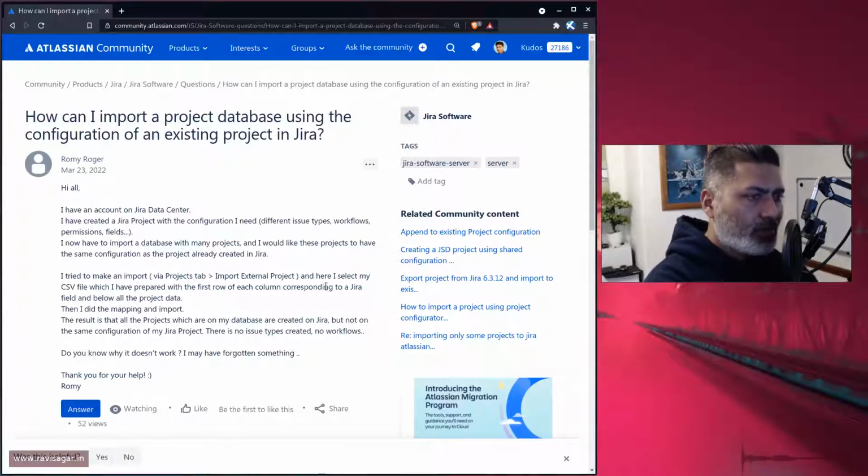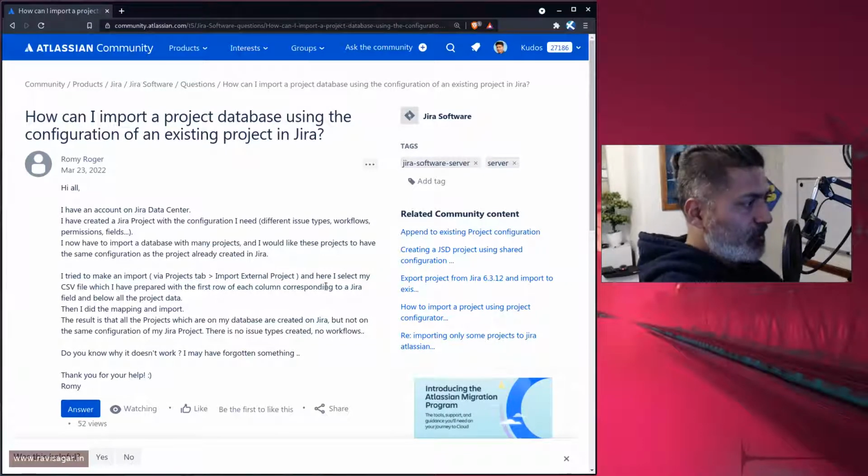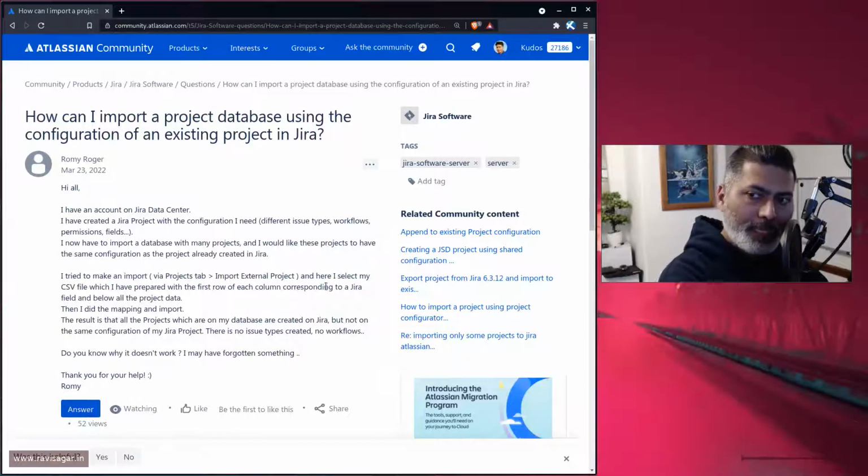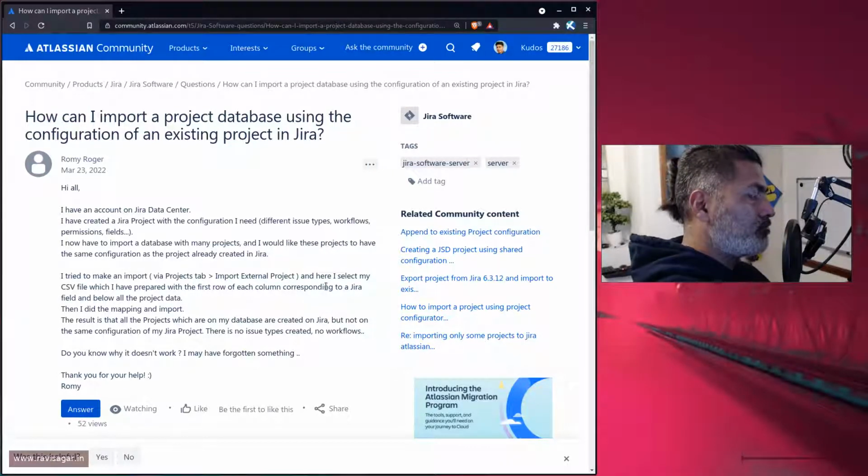But if you're doing CSV import, then CSV import will only import data that you have in the CSV. You have to create those configurations manually before you can perform the CSV import. Otherwise, I mean, the import might work. The import will only work when you have those necessary issue types or configurations in place, but you have to do it manually. You can also take a look at the project import feature in Jira, which is something that